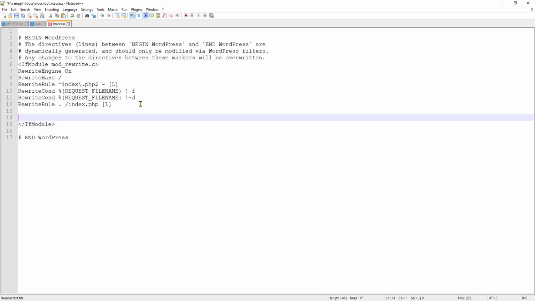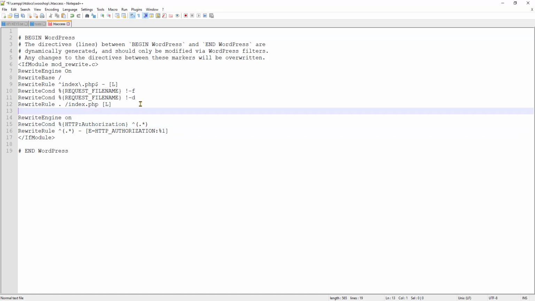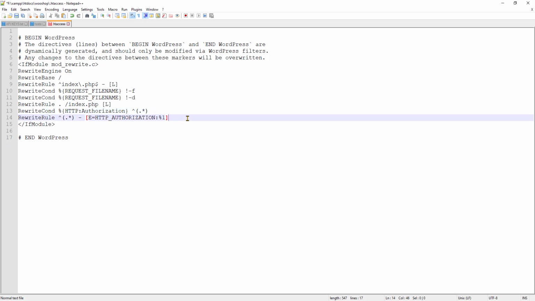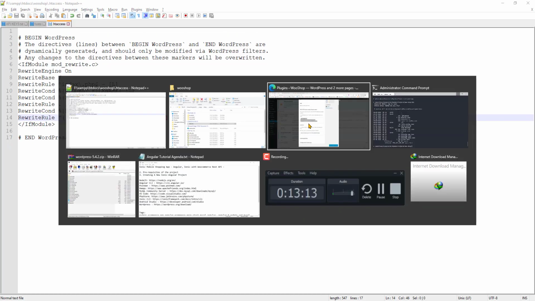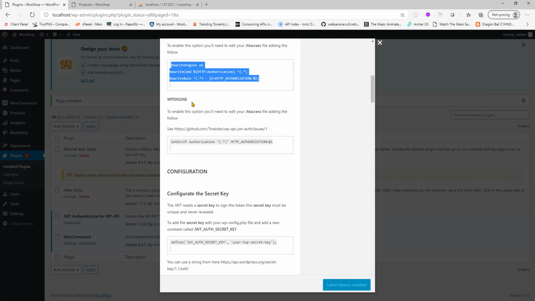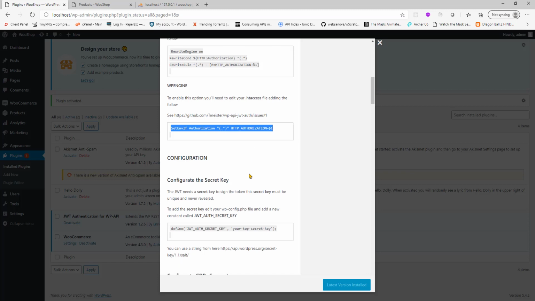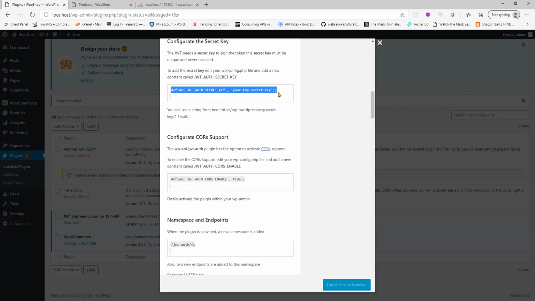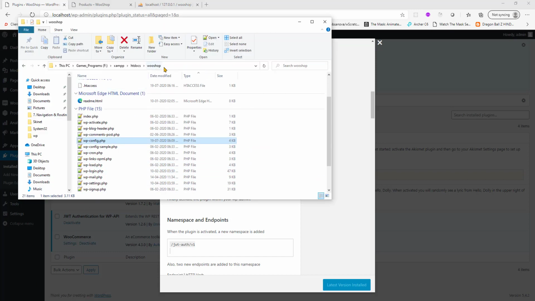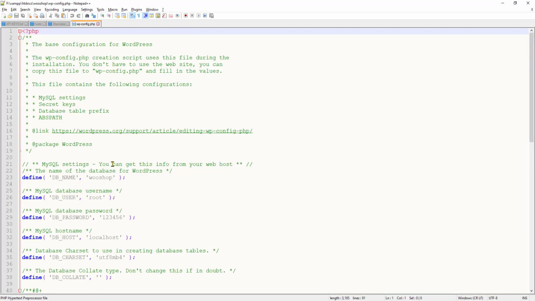and RewriteEngine On. We have these two lines. Okay, save the changes, go back to the WordPress dashboard, copy this, put it on the top here, on the very first line. Save the changes. Then you need to go to your wp-config file inside the Woo shop folder, open it